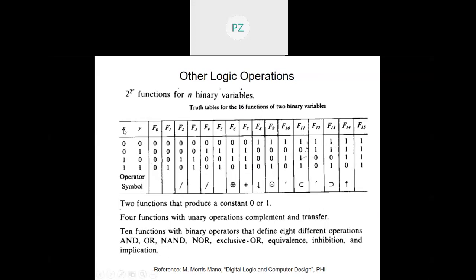So this is assumption. I'm just talking about F13. Concentrate on F13. If x then y. X is said to be the assumption and y is said to be the conclusion. If assumption is wrong, then the conclusion may be wrong also. So that is why you got a 1 here.